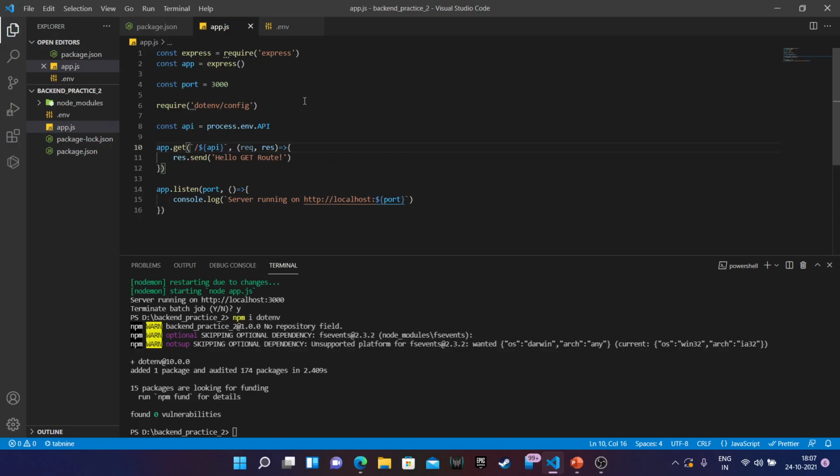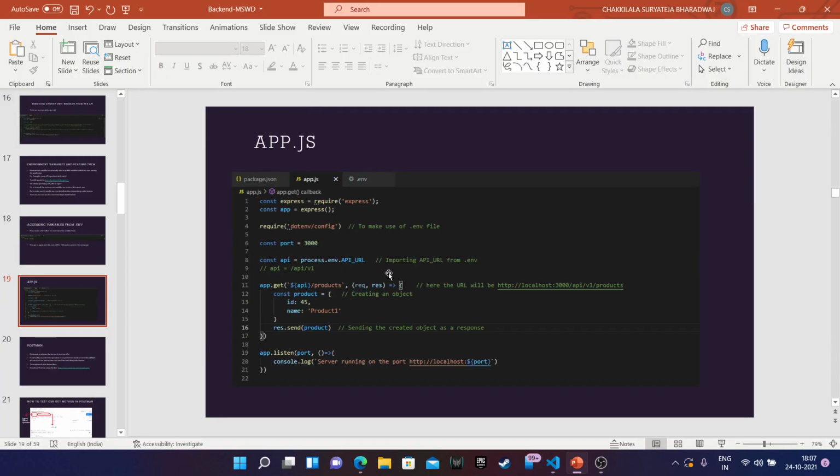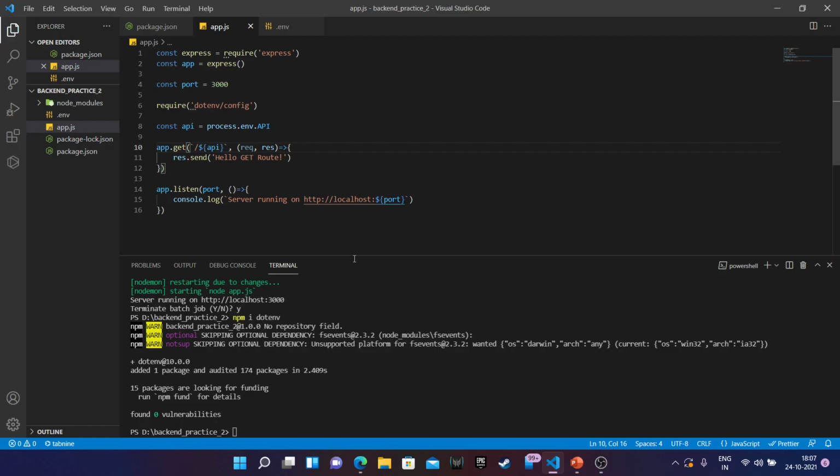Now I will be saving this, and it will be placed over there. We will be getting our get route at http://localhost:3000/api/v1. This will be the URL.